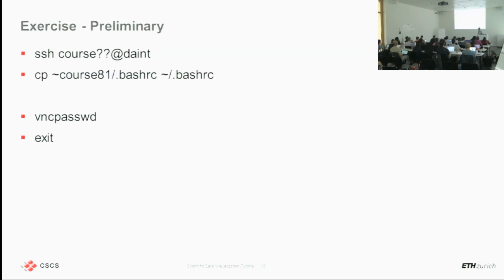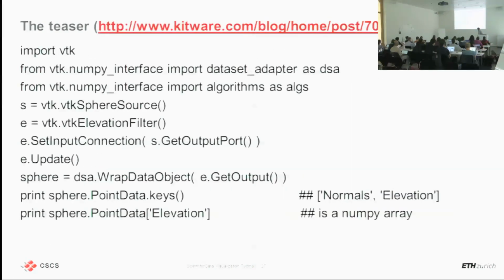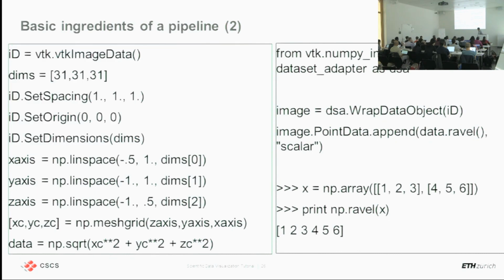All right, we're ready to put that into practice. Here's what we'll do. This example here is all set, ready for you to run. There's one for image data. There's one for rectilinear grid. A rectilinear grid is also regular, but it has a different spacing in the X, Y, and Z direction. Typically, those grids are used in climatology, for example,